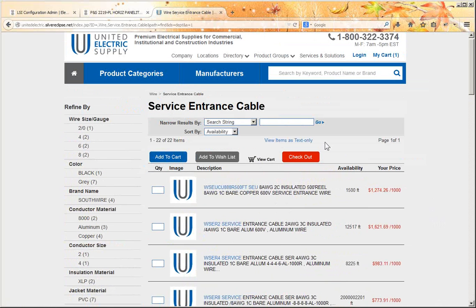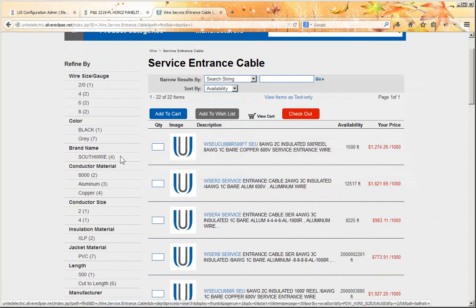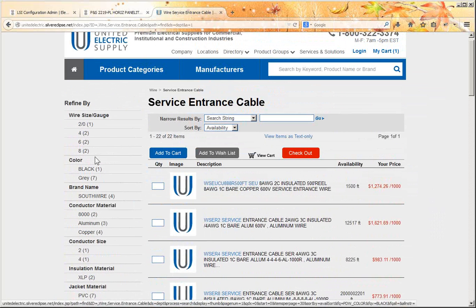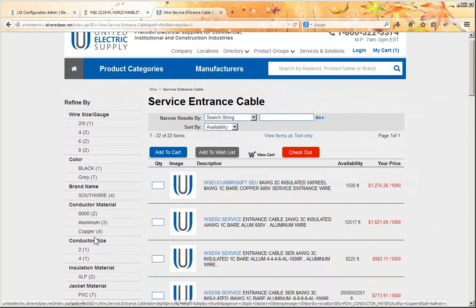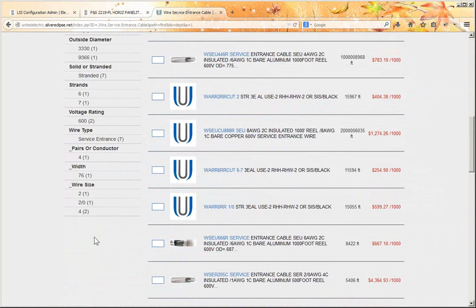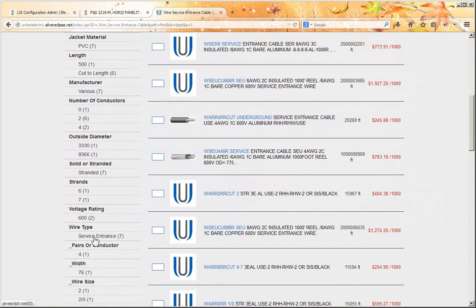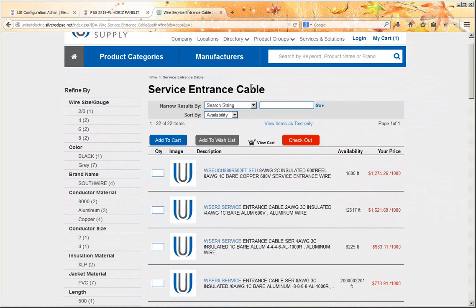In this case, I went to the service entrance cable under wire, and 22 items showed up, and on the left side you see the categorizable attributes. We're seeing wire size, gauge, color, brand name, conductor material. The idea is you want to help your customer find products in as few clicks and as fast as possible. And if I can go to a service entry cable category and say,